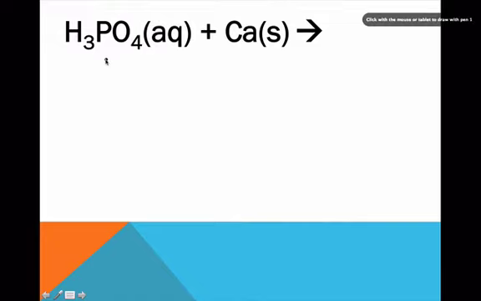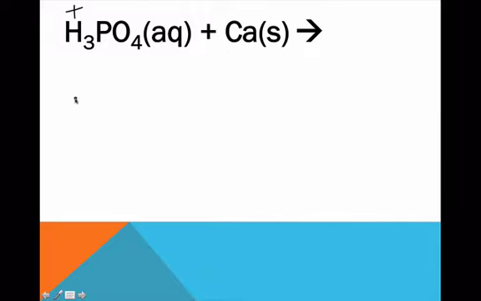All right, my next one here is phosphoric acid and calcium. And you may be wondering, what do I do because there is no metal here? But we're actually going to use the hydrogen because if you remember, hydrogen has a plus charge and it's on your activity of metals series list. So if you go down there, you're going to see hydrogen towards the bottom and calcium is going to be up towards the top. So calcium is more reactive than hydrogen,